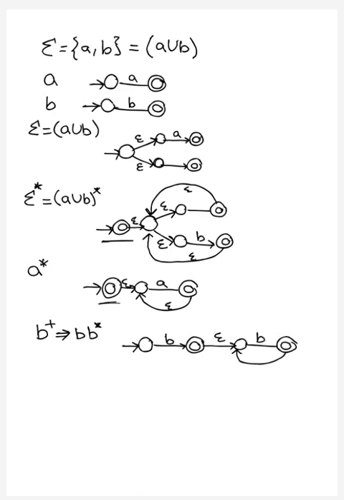So we have the accept state if we have one occurrence of B, and if we have more occurrences of B, the empty transition will continue to loop until we have seen all of the B's. And so this is how you can